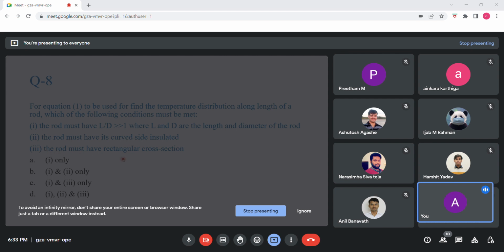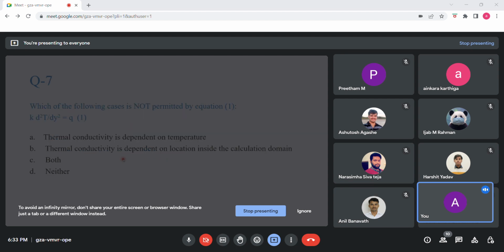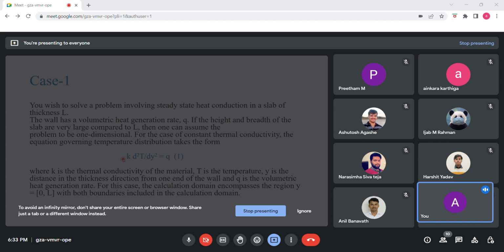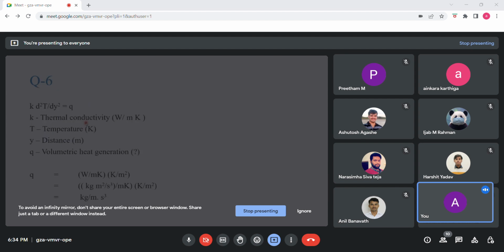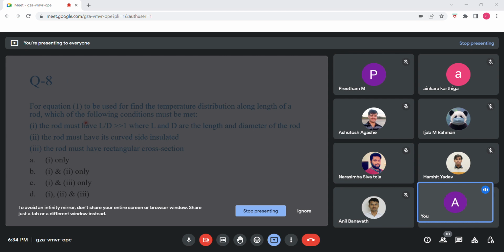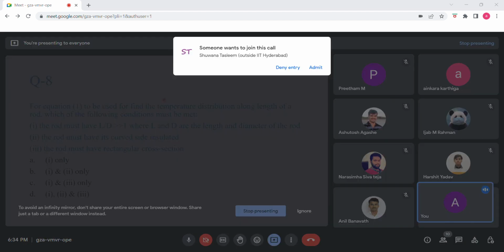One thing which was mentioned clearly in the case statement is height and breadth. In this system, it is a rectangular system where the height and breadth are very large compared to L, so that the problem was assumed to be one dimensional. So in the similar case, for question 1, equation 1 to be satisfied for finding temperature distribution along the length of the rod,